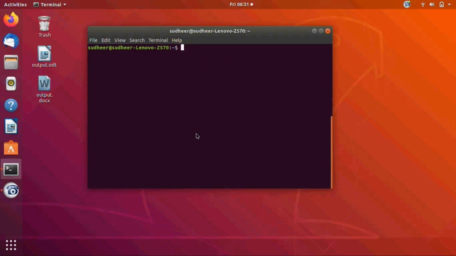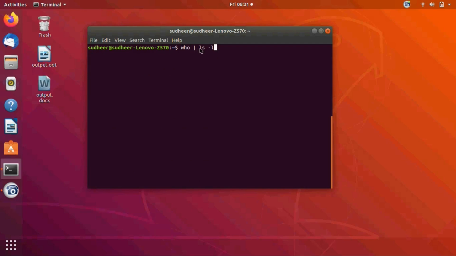So the third one is a pipe. Here, I'll use who, then the pipeline, and then ls -l. If you're using a pipeline, the first command is going to execute, which lists all the users present in the Unix system.